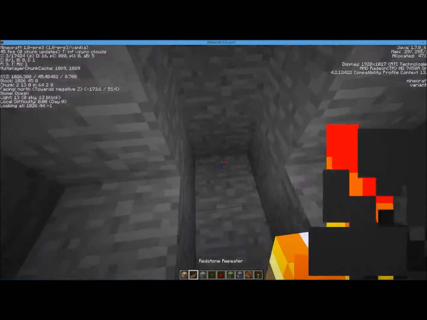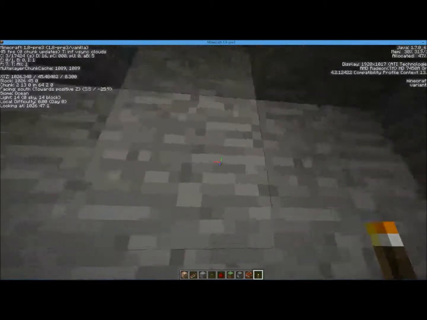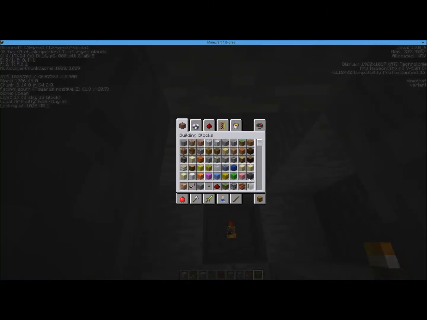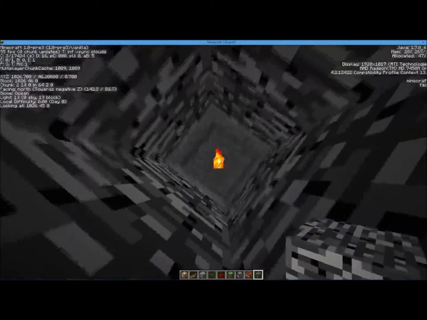Okay, so then you have this. I'm just gonna get rid of that for now. Put it there. So then I'll just get out. You'd have to be in creative for this, obviously, because you can't get command blocks in survival. Well, I thought of a way you could do it, and I've thought of a crafting recipe for it. I could show you the crafting recipe, but I'm not going to. Resist. Anyway, so then just place this here, and then